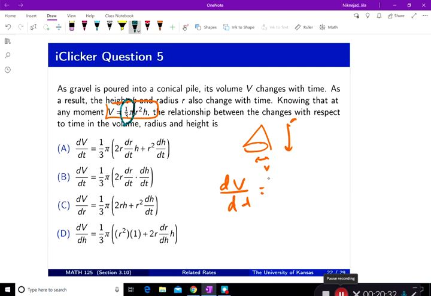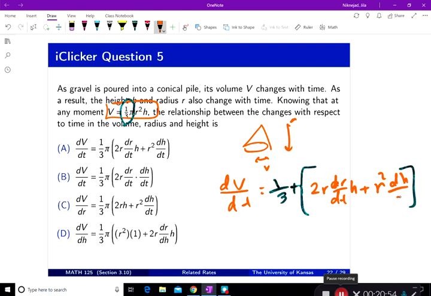So 1/3 pi is the coefficient, and then I multiply it by the derivative of r squared times h. And so it's 2r dr/dt h plus r squared dh/dt, and that would be